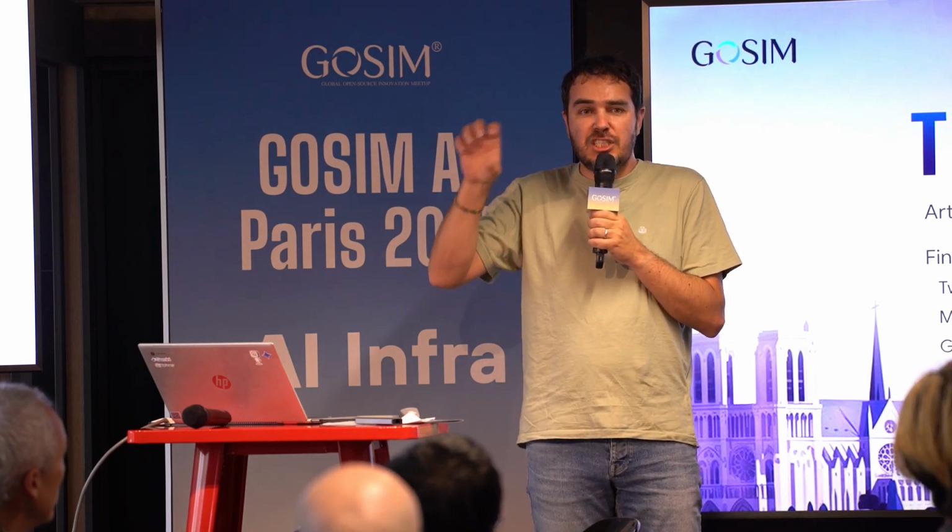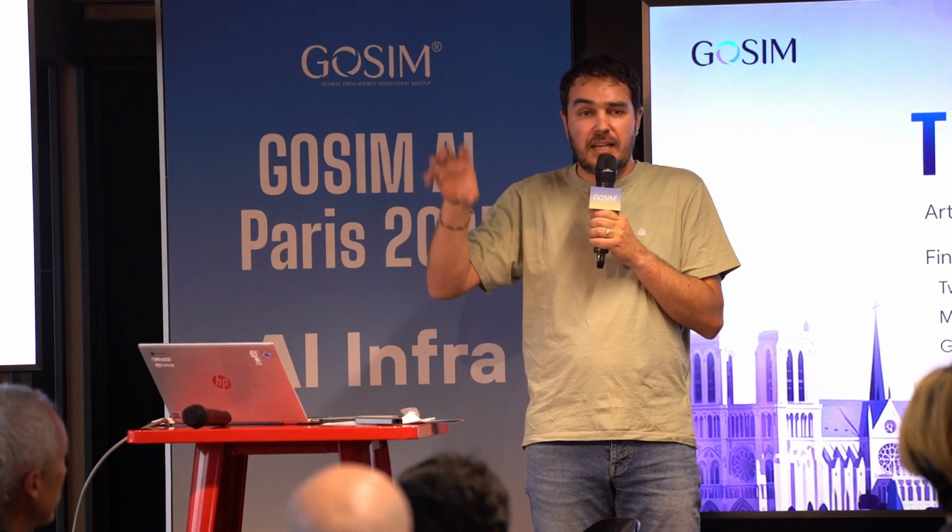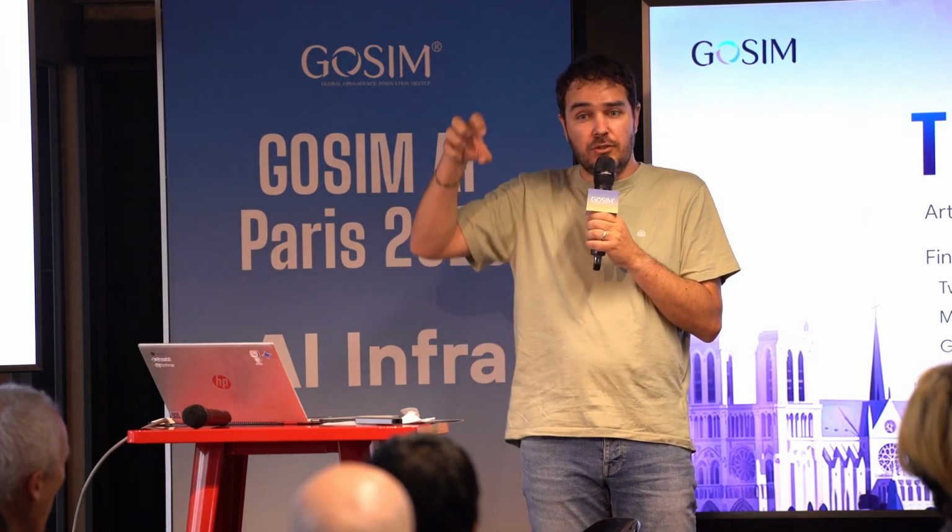Cloud Run reacts to HTTP requests. If you send an HTTP request, Cloud Run will try to dispatch this request to an instance. If you have no instance, Cloud Run will spawn an instance to answer this request. So if you know that your employees or your service is used from 8 a.m., you can schedule an HTTP request at, say, 7:50, just 10 minutes before, to be sure that your instance is already up and running, and when your traffic comes, you can use it.